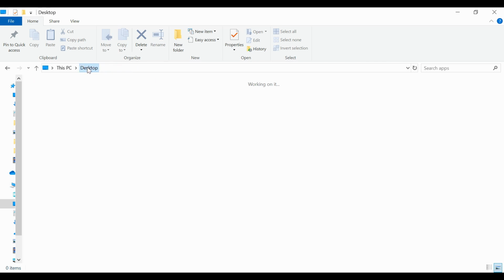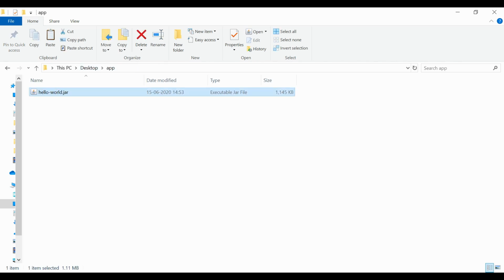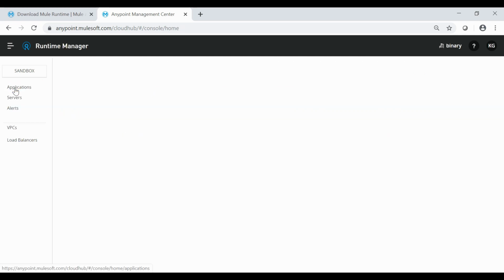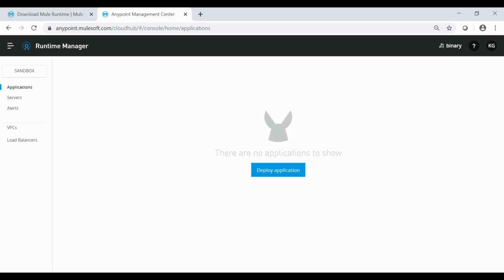Meanwhile, I'll copy the same application again here. This time I'm not deploying this application through the platform. Okay, let this complete. As the application got deleted from here as well.